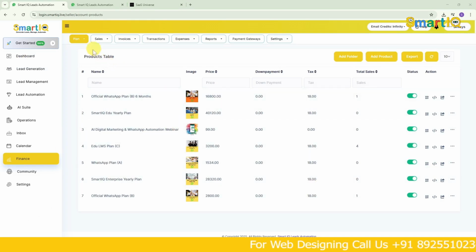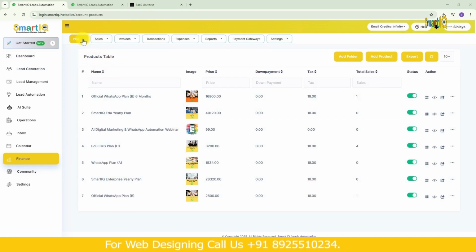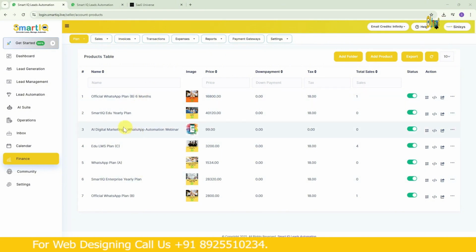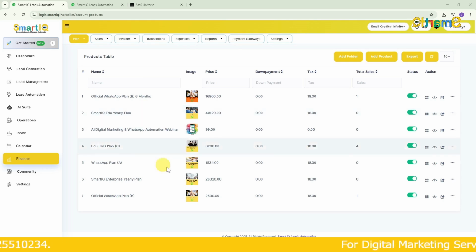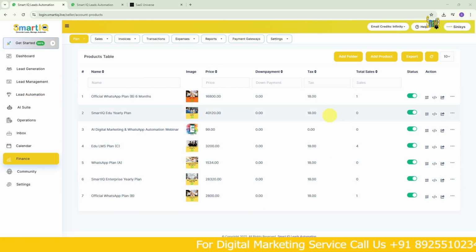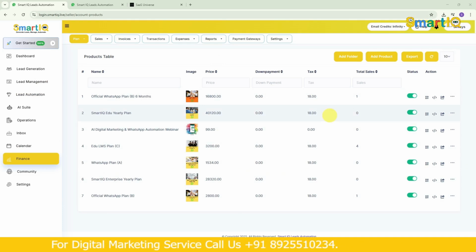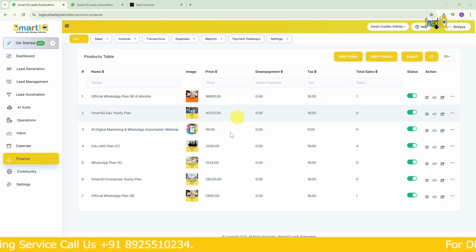In the products table, first we are now in the plan section. In this plan section, we have many official plans like monthly plan, yearly plan, 6-month plan. You might have your product or a subscription based on the month. So all the plans you have created so far, you can view and manage all those plans here. So everything is here in the unified dashboard itself. Now for your complete business, all the plans can be managed here. You can add everything here.